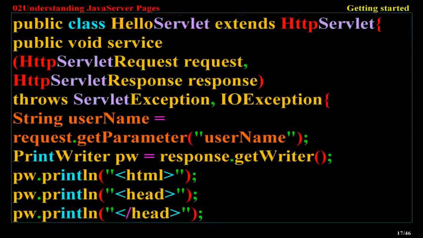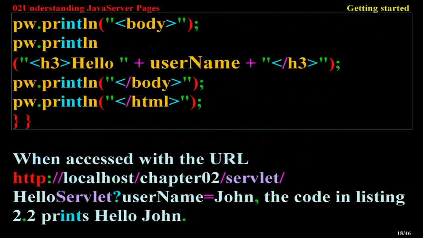public void service(HttpServletRequest request, HttpServletResponse response) throws ServletException, IOException { String username = request.getParameter("username"); PrintWriter pw = response.getWriter(); pw.println("<html>"); pw.println("<head>"); pw.println("</head>"); pw.println("<body>"); pw.println("<h3>Hello " + username + "</h3>"); pw.println("</body>"); pw.println("</html>"); }